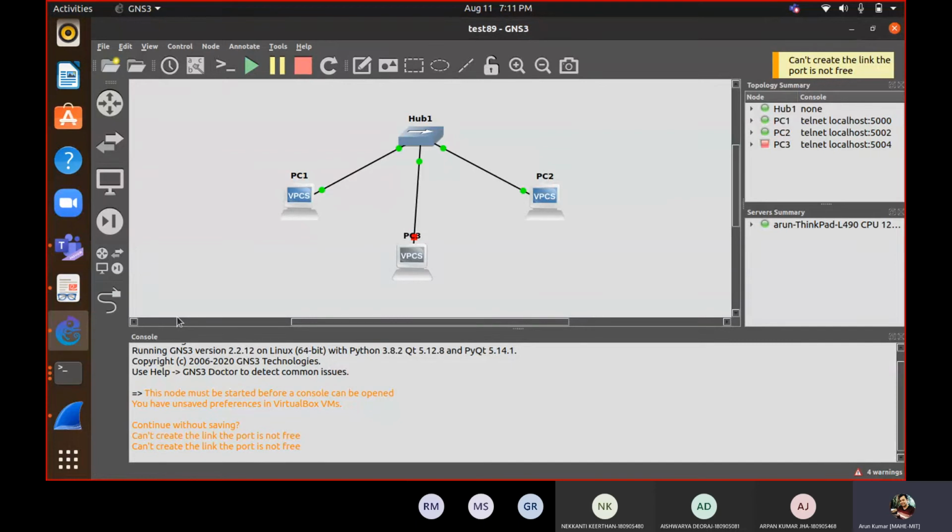Now we don't require these interface values, but once you start using routers, then we do require these Ethernet interface names also. So how to find out their names? Here you can see this. If you click on this, it will show you all the interface names: Ethernet 0, Ethernet 1, Ethernet 2, and you can nicely adjust it also.